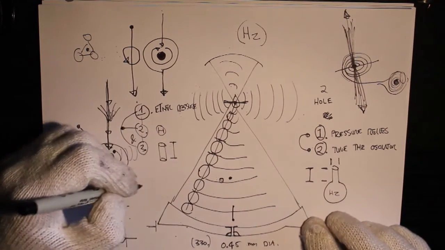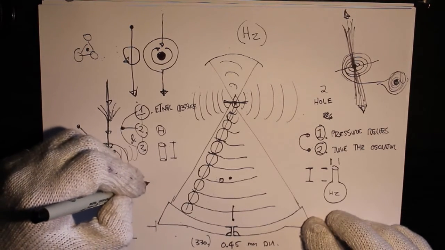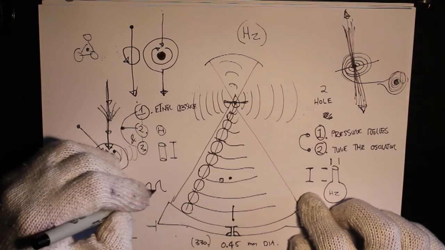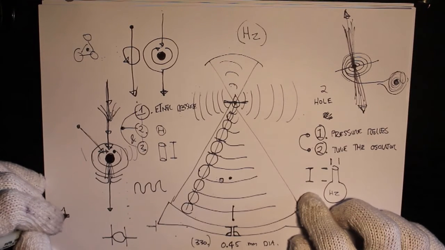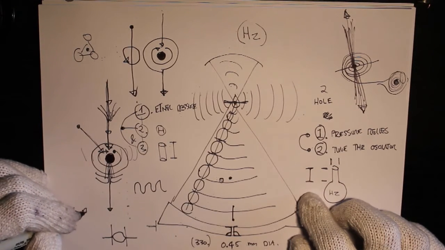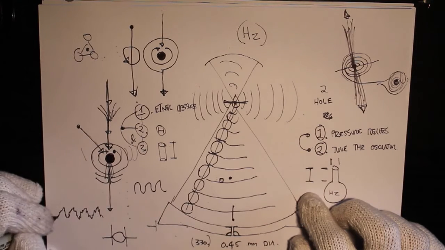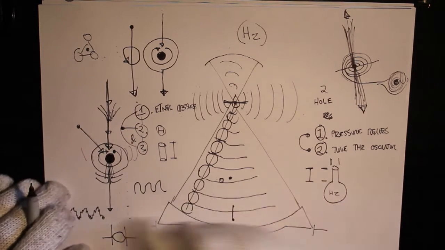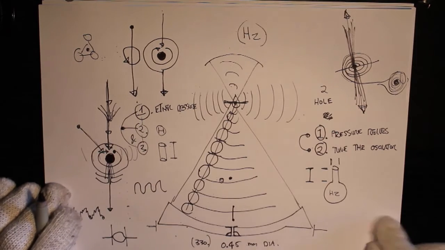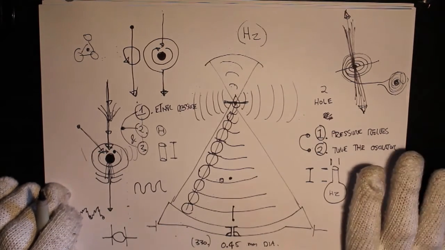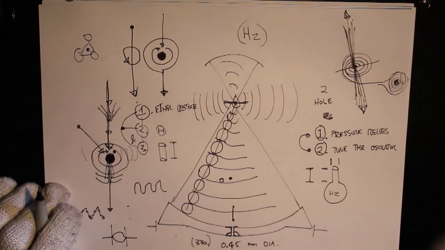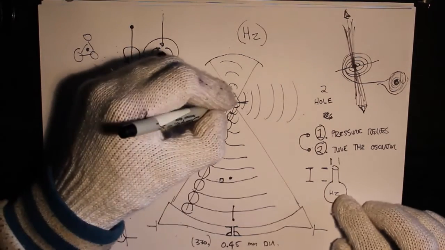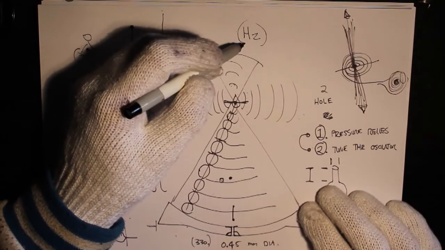So you've got your standing wave, and it's at a set oscillation like that, but it's overlaid with information which is just going to move at that same oscillation like an AM radio, but it has information overlaid. And the information can be any frequency whatsoever. It can be whatever the aura is, the base frequency of the etheric aura is what this is going to be. The actual frequency of the system,